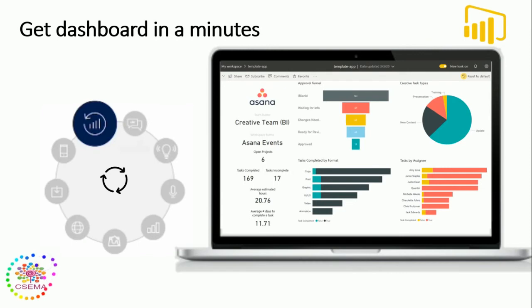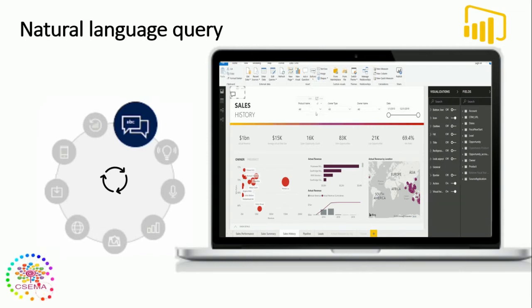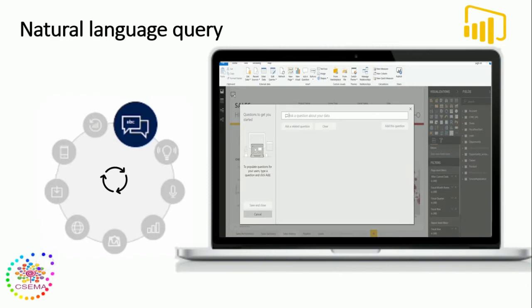Directly from Power BI Desktop, you will be able to get your data and build a dashboard in minutes. And then you will be able to use a natural language query. Natural language is the language that we human beings use, like English, Hindi, or any other language.